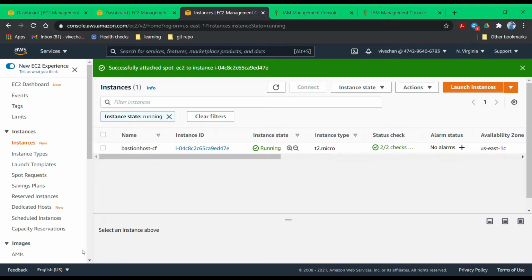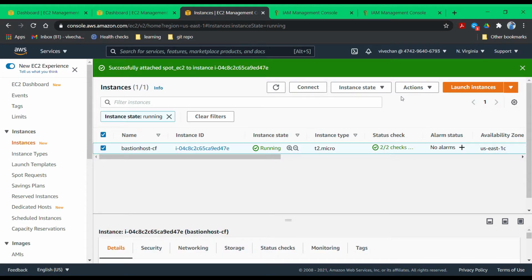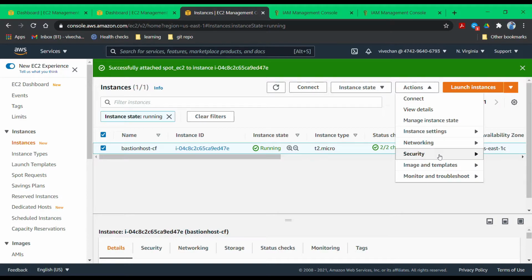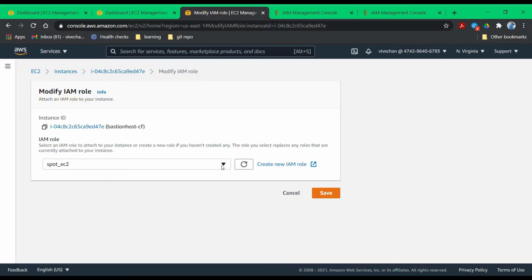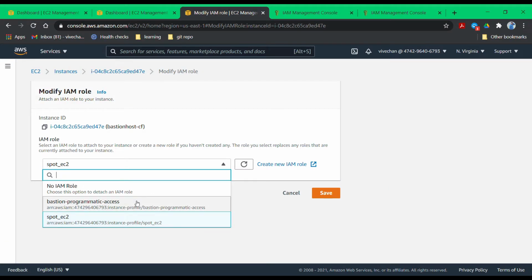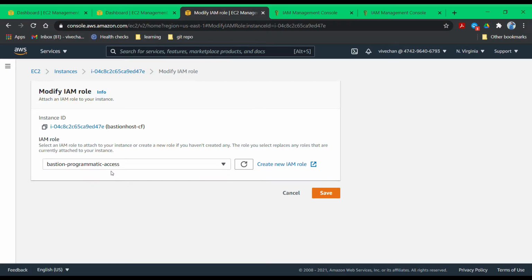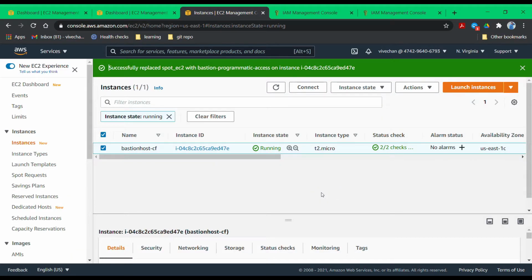Here in the AWS console, let's select the instance that we want to assign the programmatic access. Select the instance, click on Actions and choose Security. Here in Security, choose Modify IAM role. I have already created an IAM role for programmatic access. So let's go ahead and select Bastion programmatic access and click on Save. This enables the server to have programmatic access